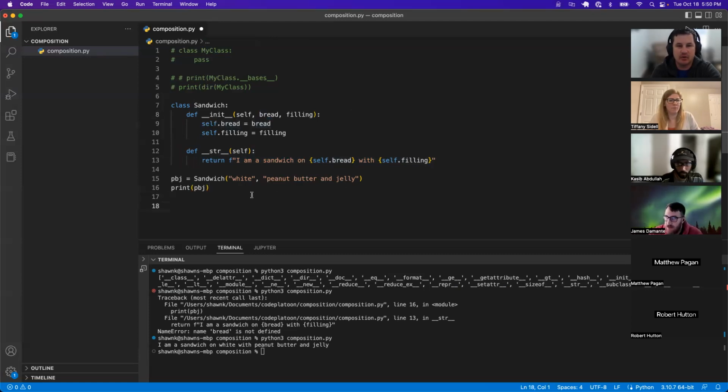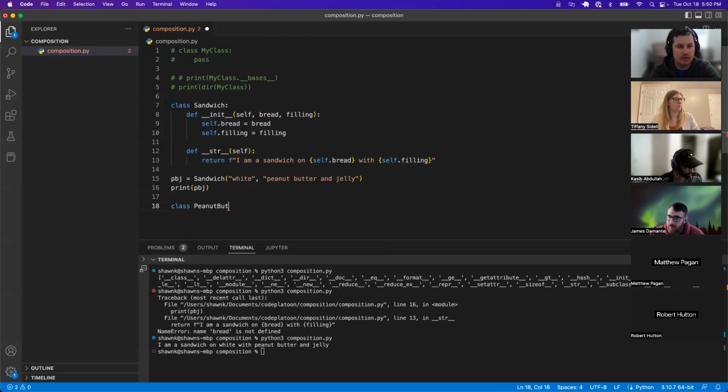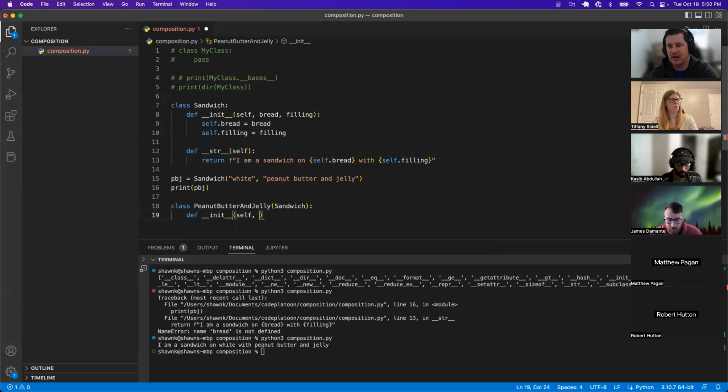So that's a sandwich. So I can make a peanut butter and jelly sandwich that way, or I can define a class, PeanutButterAndJelly, and say that its parent is Sandwich. And then I just want to define it. And so how do I give a default value in a method? Let's say I want to